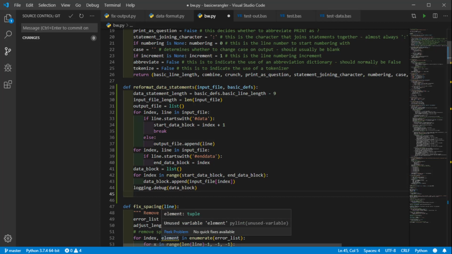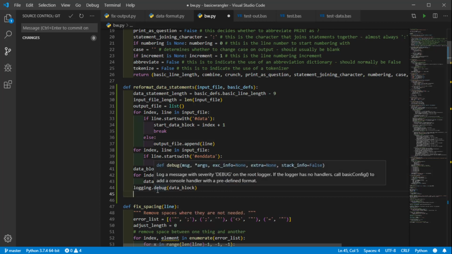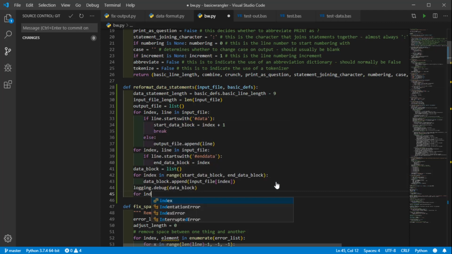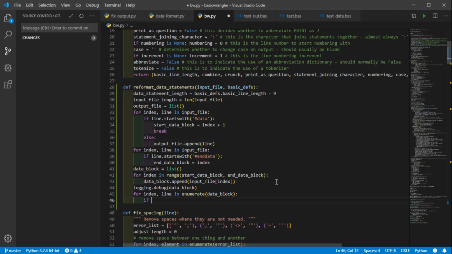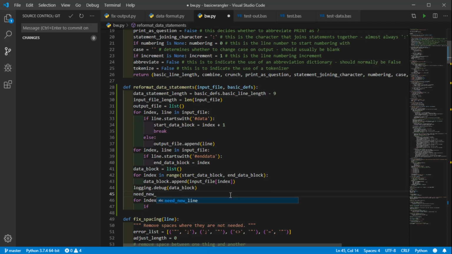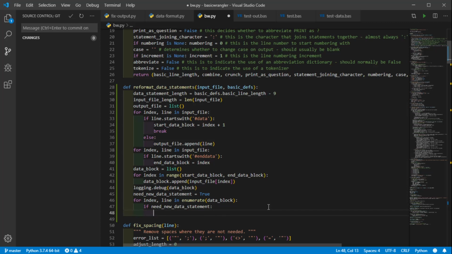Okay, and then just say for index, or maybe I'll just do for index, line in the good old enumerate data block. So let's see, right? I'm going to need to start this regardless. I definitely need to set a new data statement. Say data statement equals